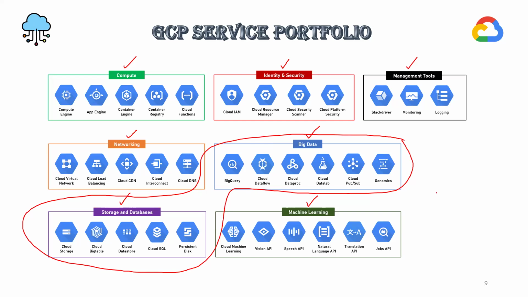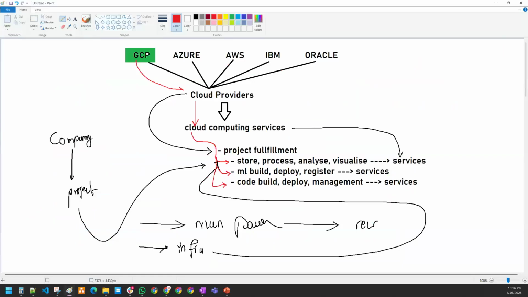Some people may have a question, I'll try to clear that out. Maybe people are asking why GCP only, why not Azure and AWS? I'll talk about that. Give me some time. But try to understand what is GCP. Google Cloud Platform is one of the leading cloud providers which provides you the cloud computing services to help organizations build the application, deploy the application, and scale the applications and services in the cloud. So that is what Google Cloud Platform is, everyone.